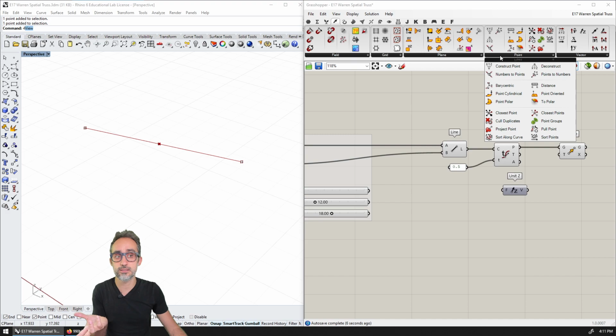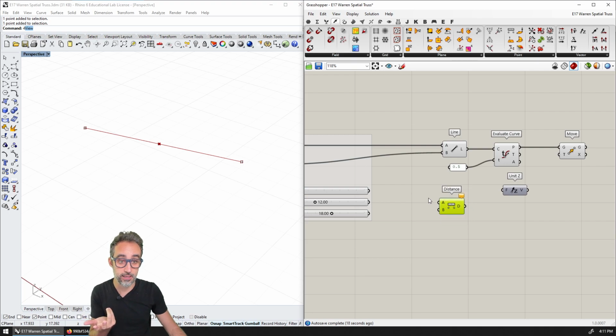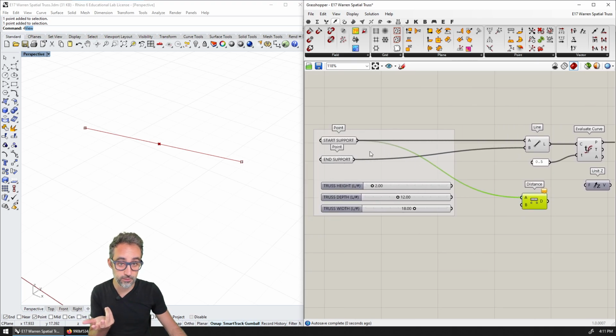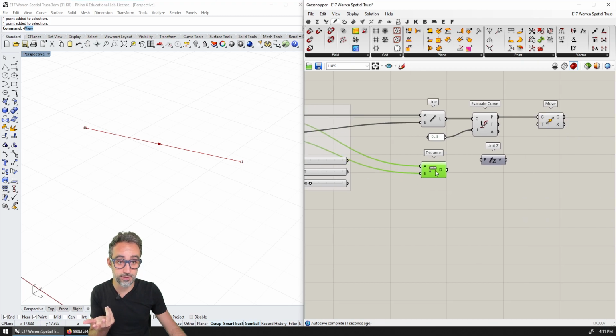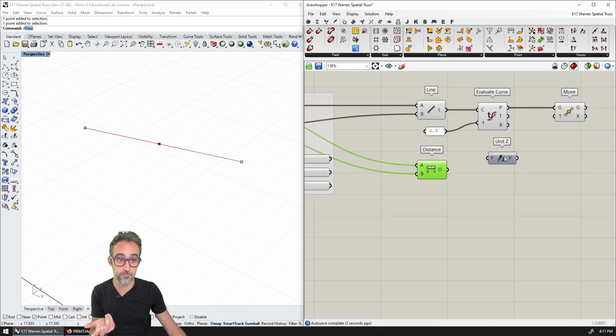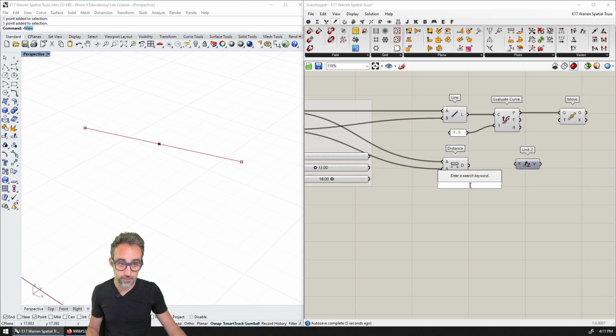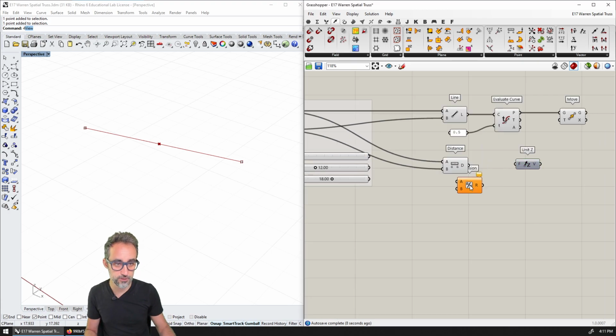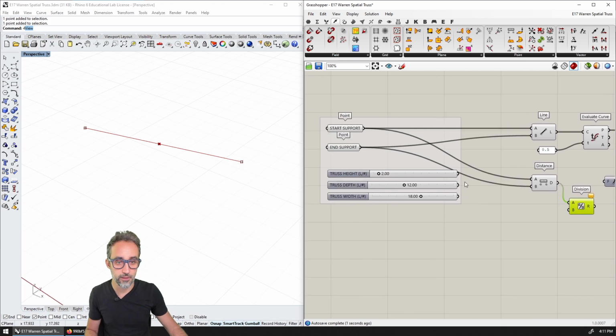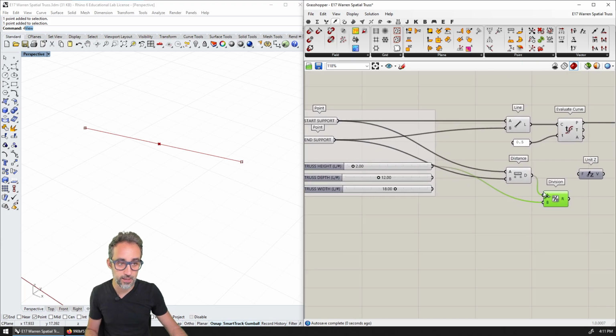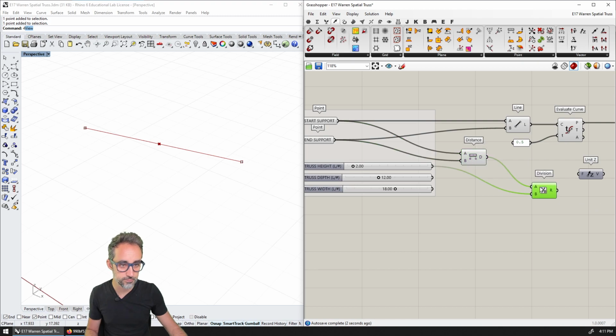I could also do this by calculating the distance between 2 points. So if I go to vector, point, and distance, you can see that here I can compute the Euclidean distance between 2 point coordinates. And that is going to be the starting point and the end point. That will give me d, which is a linear distance between them. If I now divide that distance by the truss height factor, this will give me the actual height of the truss.